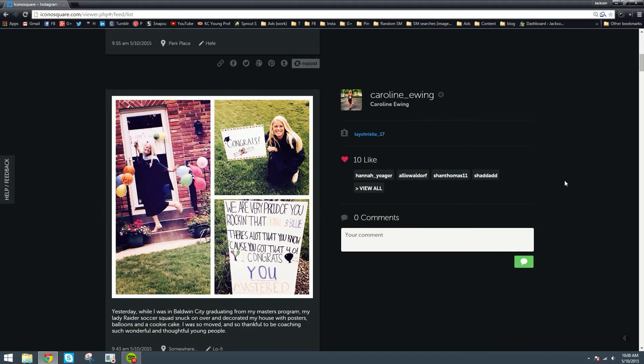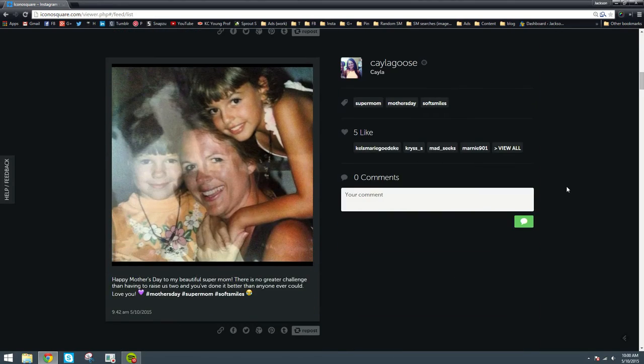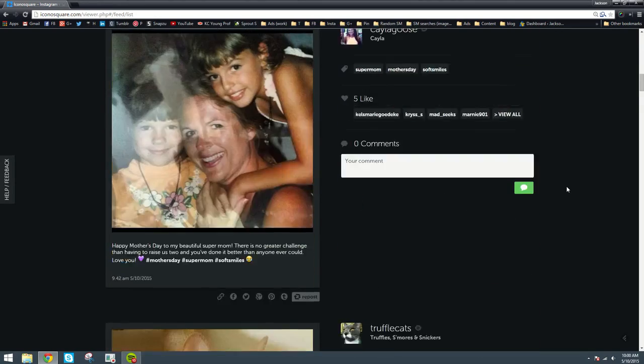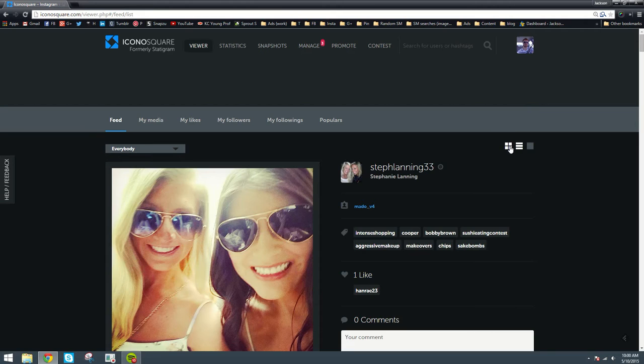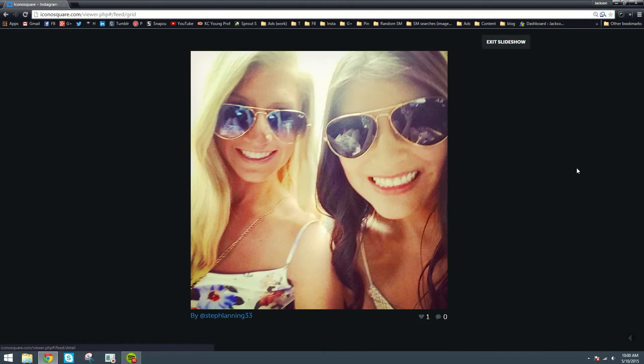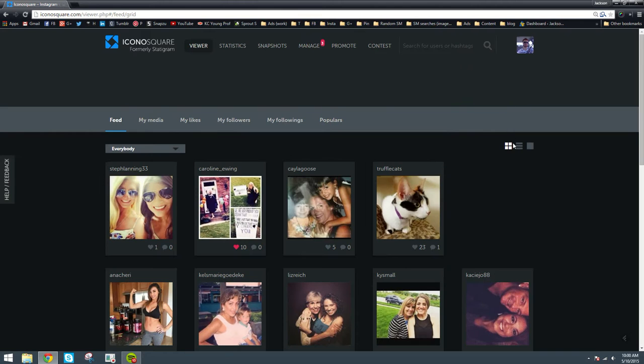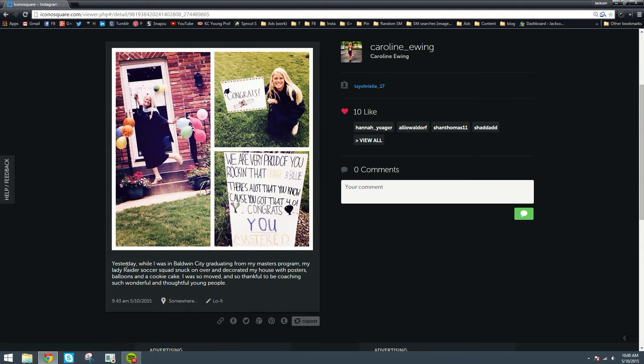So this is a breakdown where you can change out the views to the square or whatever you really want to do. Slideshows, I guess. But with this, this is just the feed. I mean, you can interact with it. You can take a look at some posts, fully read whatever people have going on right here, and then you can even go ahead and like or dislike or comment, and then even